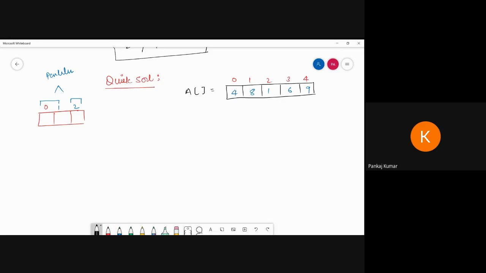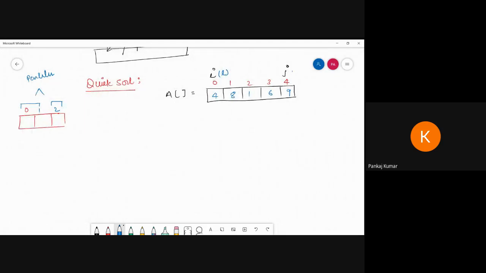So the same process we can apply here. We can put the i value here, and the j value here. The static index values are called the low index value, L, and the high index value, H. These are the index values that contain the low and high. But here we cannot divide. So this is the i value and this is the j value. In terms of this i and j, this is the low index value and this is the high index value.